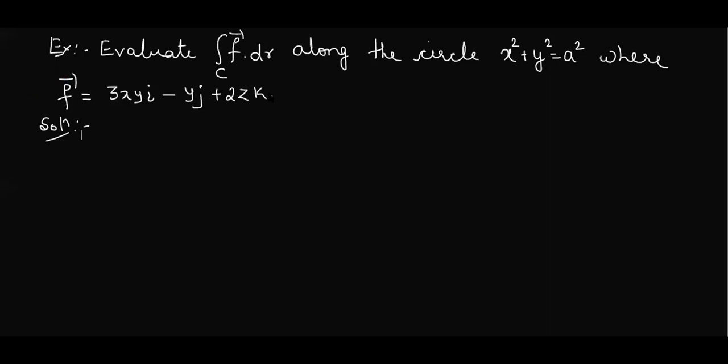Usually, when we take a line integral, we have to write the parametric equations, isn't it? Usually we start by taking x equal to t, then we see y equal to and so on. But if they have given a parabola or some cubic curve, we cannot draw it and get the things. But for this circle, we have studied the parametric equations of a circle, isn't it? Can anybody recall what the parametric equations are?